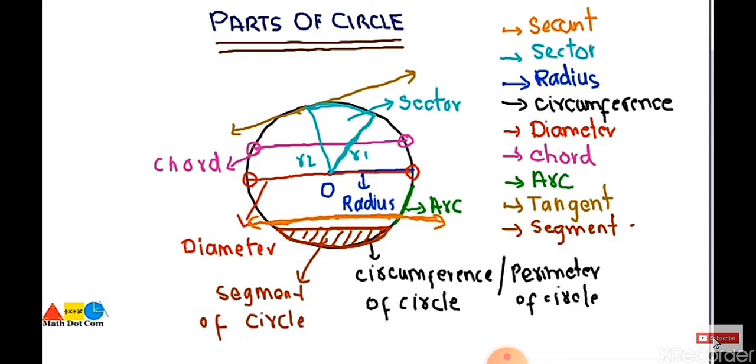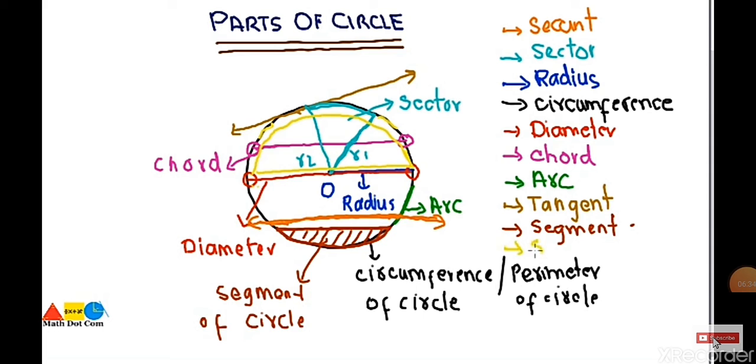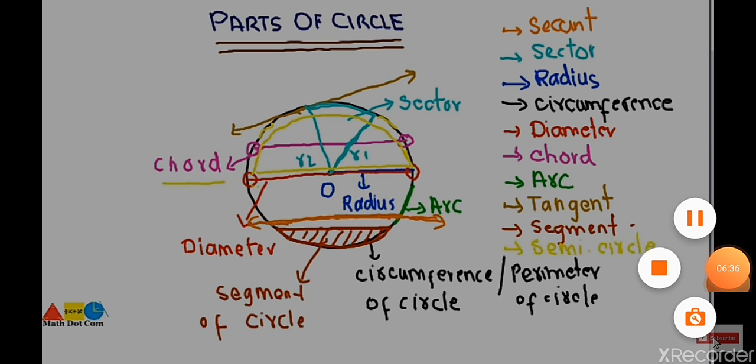Now what is the semicircle? This is the last part that we will discuss. A semicircle is the arc which is half of the circumference. As we have already discussed arcs, like this is an arc, this is an arc, or this is an arc. But if I take the arc in a way that I start from here and move like this, then this is called the semicircle. This is half of the circumference of the circle. So a semicircle is represented like this.